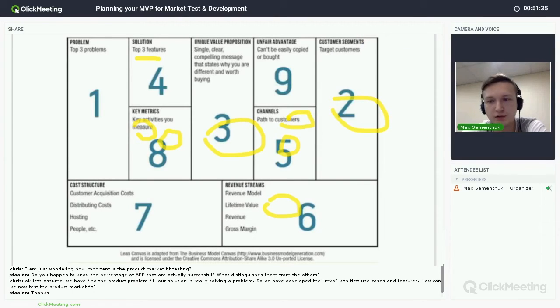For example, like on Kickstarter, right? Many people go on Kickstarter, they just present their idea in the form of a video or something, and they tell you, okay, it will cost $100, but if you send us $50 now, you'll get it in half a year when we build it, right? And then they check how many people have gone to Kickstarter and donated to them.